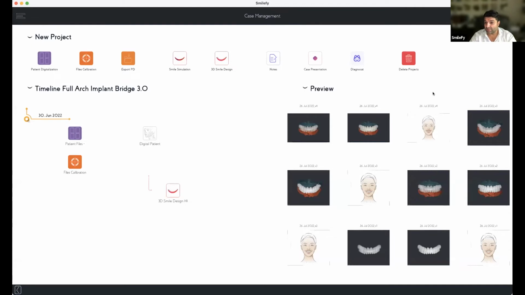Implants can be replaced with temporary abutments. Yes, that's something you can do. In the printed bridge, you can make the holes bigger than they actually are, and then you can print and try, of course.